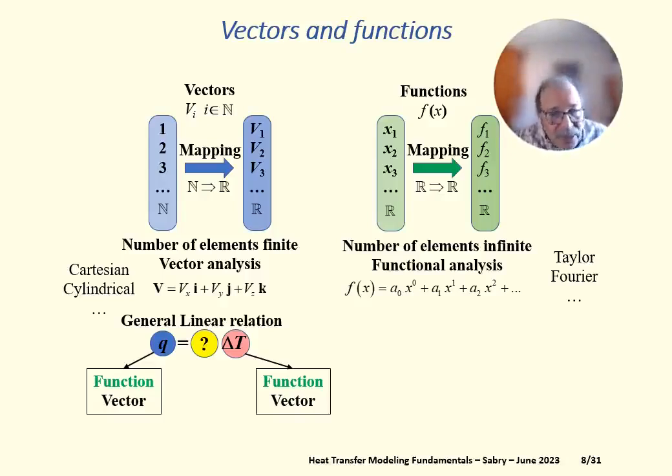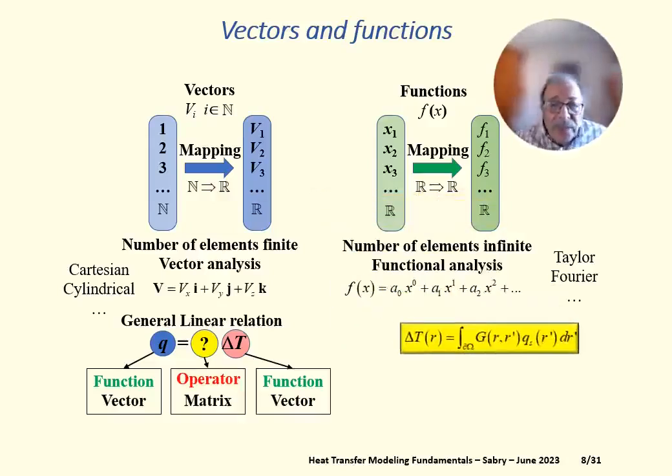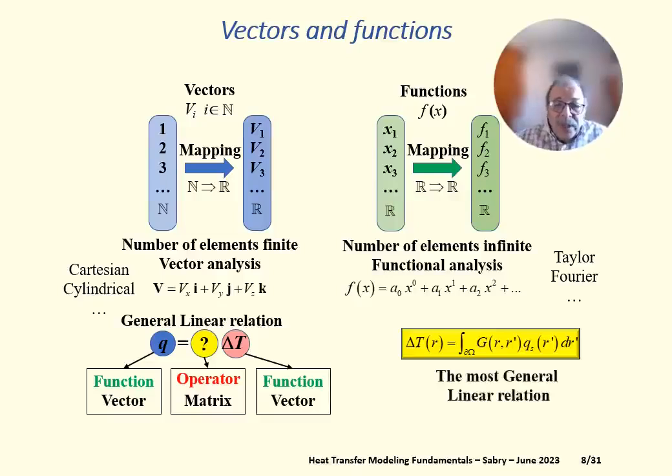The general relation between two vectors is a matrix. And when I go to the functional space, the general relation between two functions is an operator that operates on a function to give me another function, instead of a scalar going from one function to another function. So the general linear form between the function delta T and the function Q is this